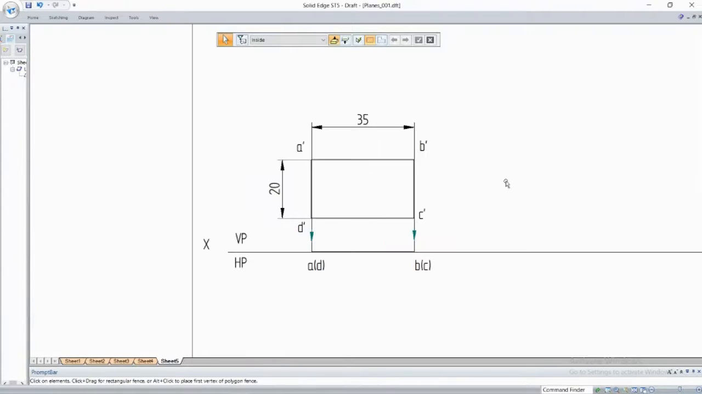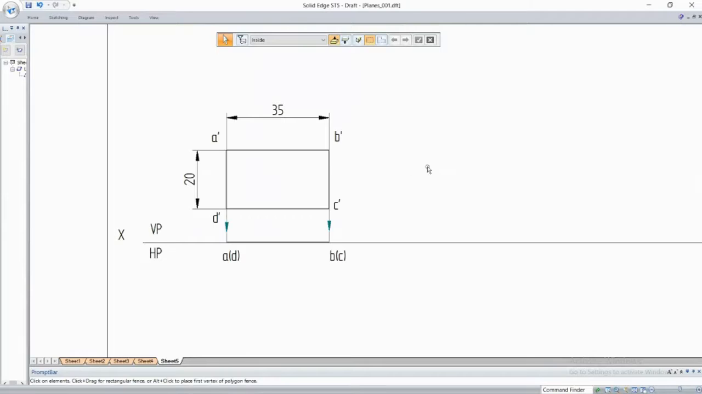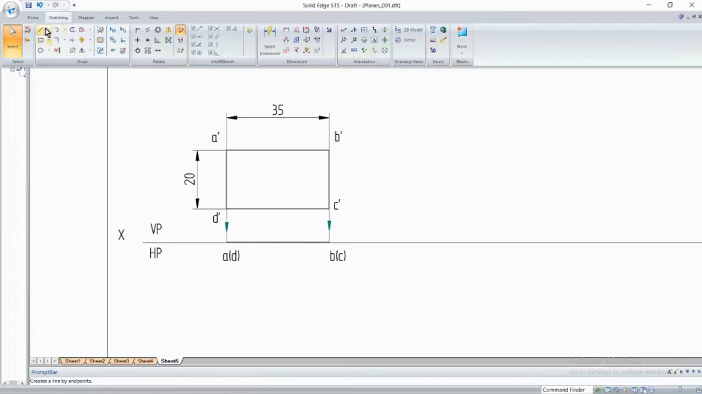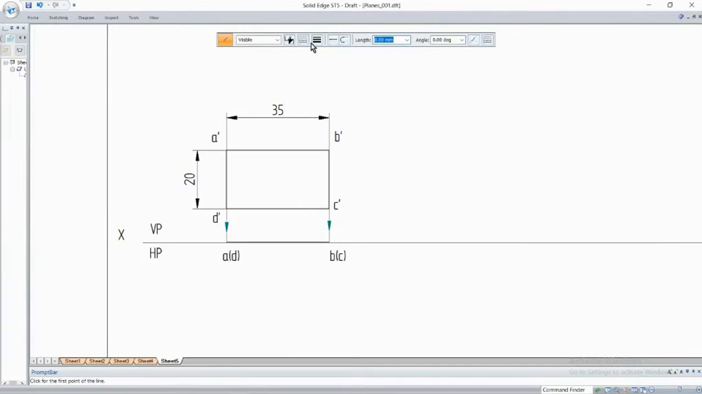Then in the second step, in the front view, it appears as a square. This rectangle is rotated in such a way that when you rotate it, it will appear as a square to you. So since you know this length is 20, I'll take this as a reference. I'll just draw these lines here,